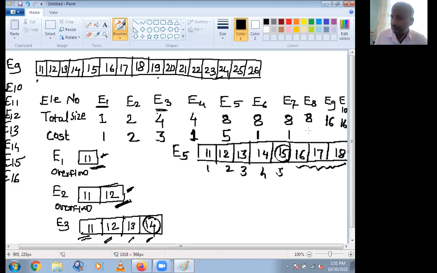For eighth, cost is 1. After entering, the table becomes overflow. There is no space. So for entering the ninth element, you should increase the table size double than previous. So here cost is 9. And for, suppose, the 10th element, cost is 1. Are you getting?